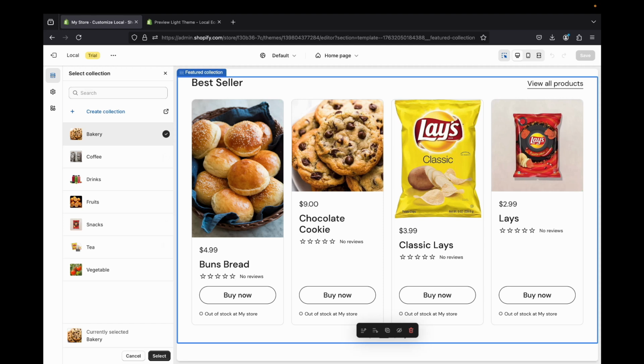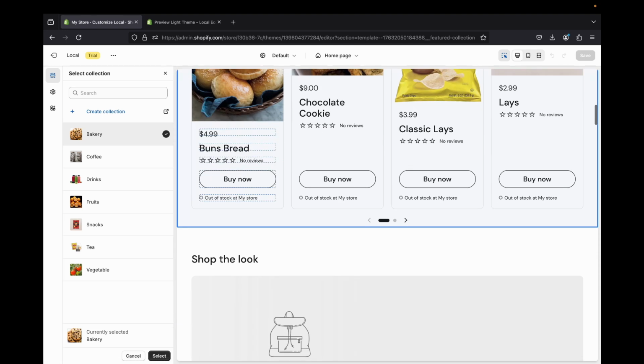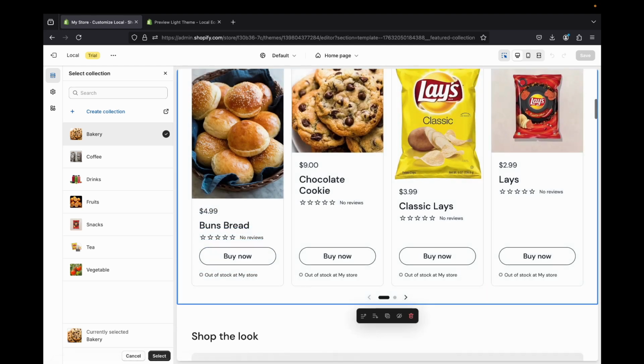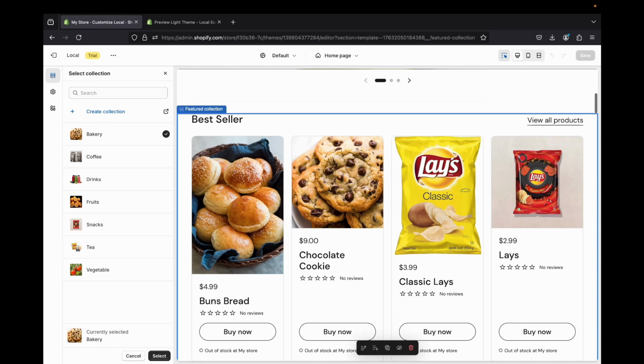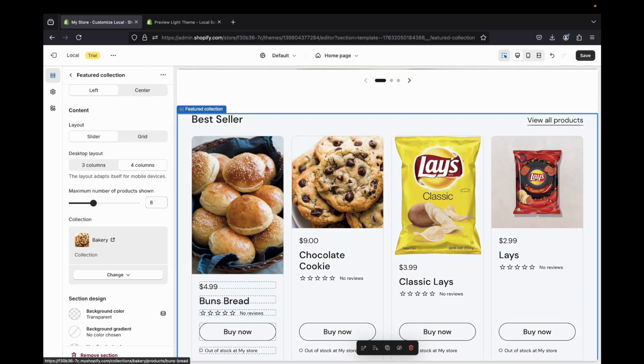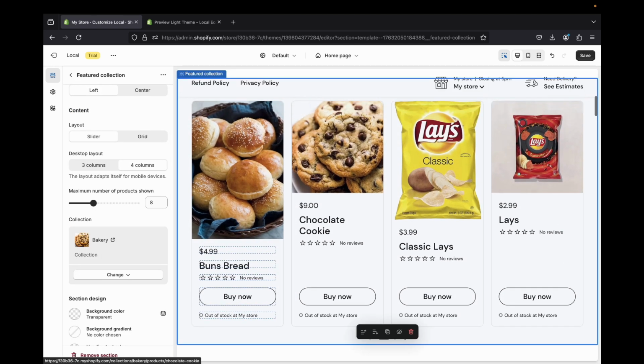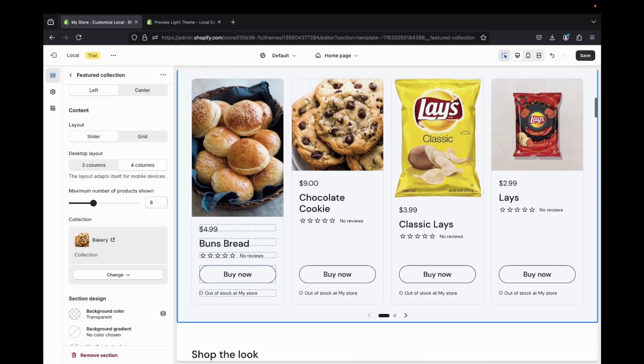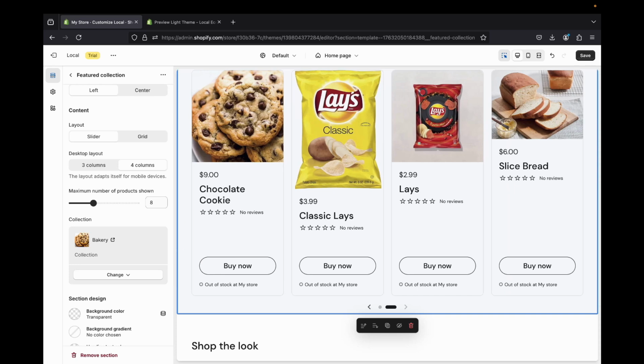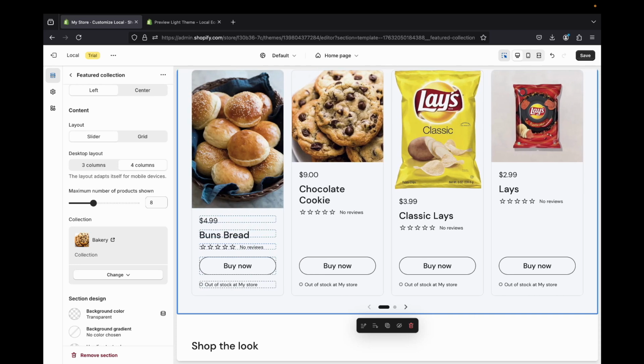So these are all our collections. When we select bakery, all the products within the bakery collection will be shown over here. So this is really cool. Once you select that, go ahead and click select, and that's how our best sellers from this collection will be shown here. We have different products, so if our customer scrolls on this side, they'll be taken to all the other products. You can see the product comes automatically with the title, the product price,